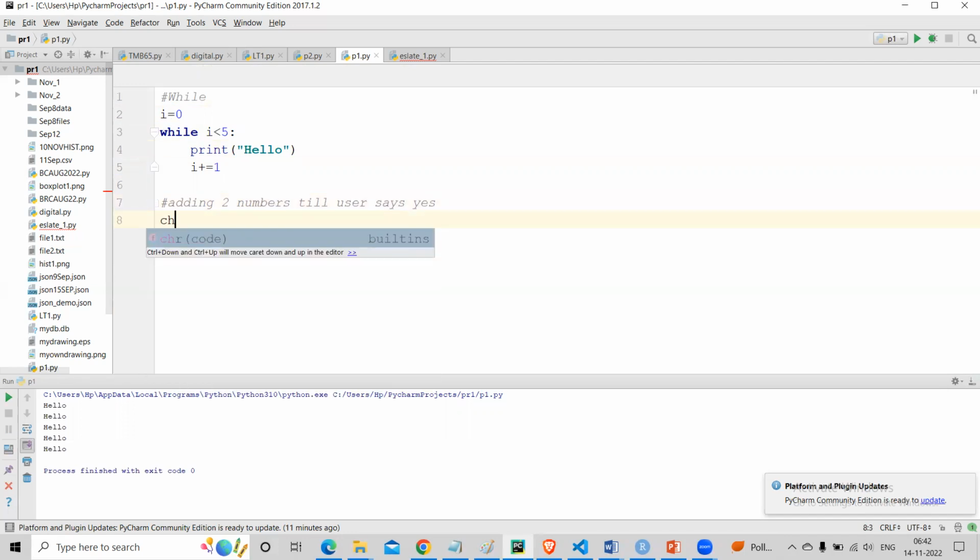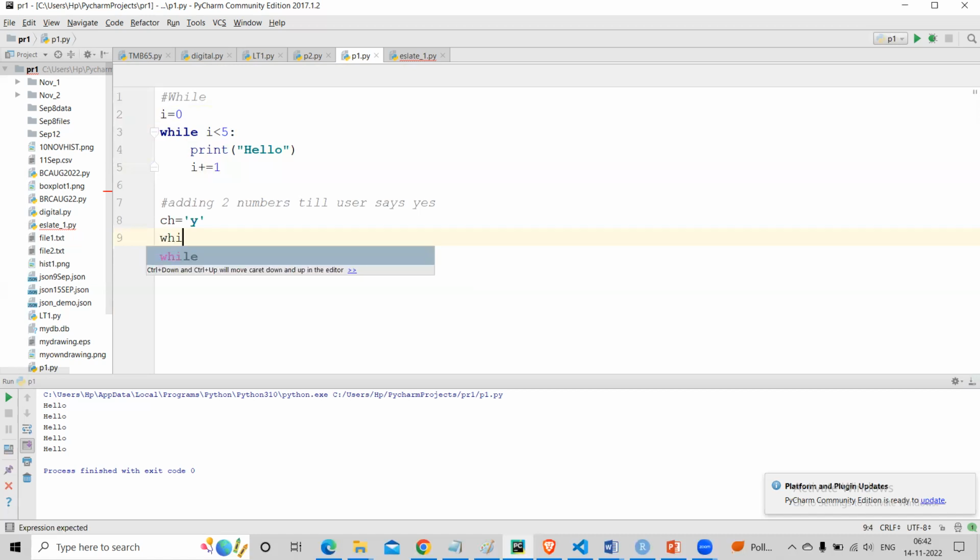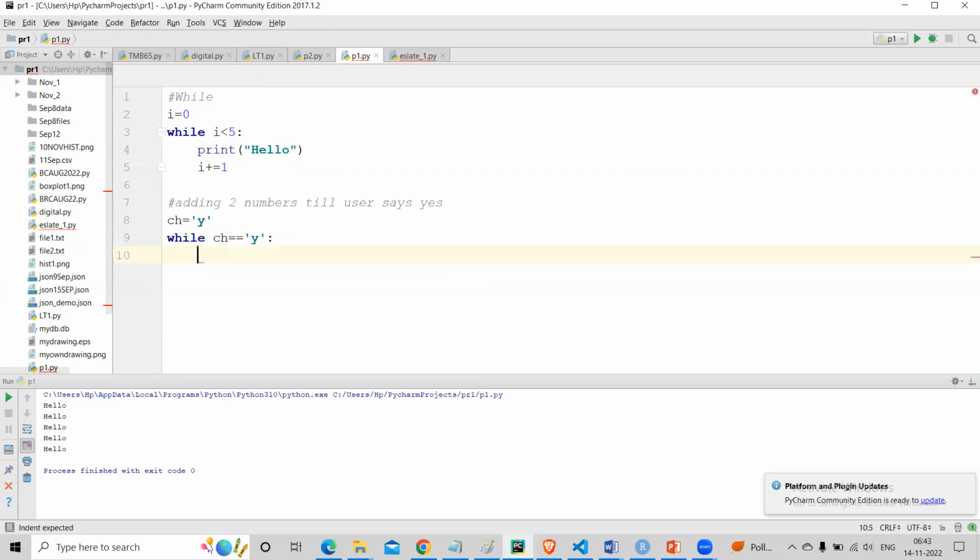I'll say choice equal to y. Okay, so ch is y, and I'll say while ch equal to y. If ch equal to y, get in. So in this case, ch equal to y, yes, so it will get in, right? Now I want to say a equal to 30, and obviously you can give input, right? I'm not giving input, and I'll say print